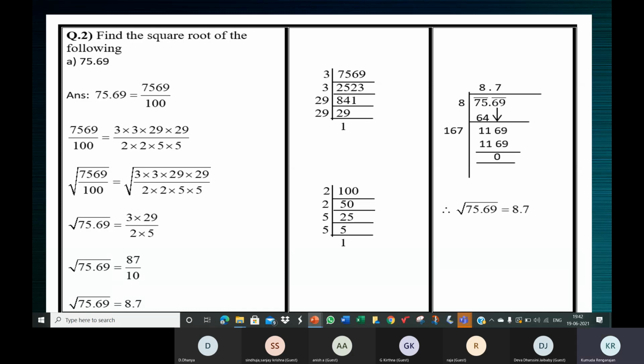On the screen, you will see the type of question which I'll be giving for the test. The first question is based on this one. Find the square root of a decimal number. Just in case you've forgotten the working, you can have a look at the screen. It's not copying because it's a different number altogether.